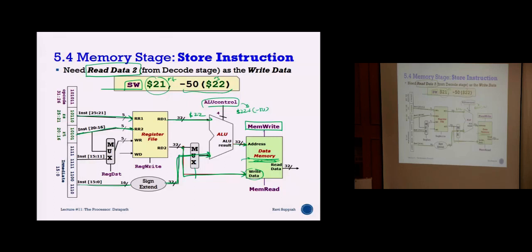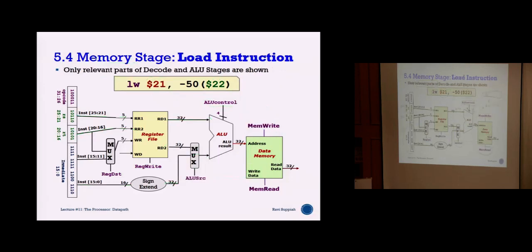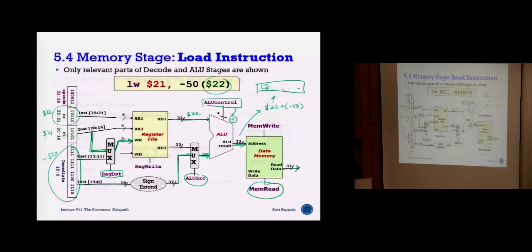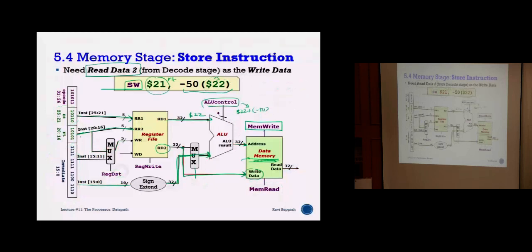And this data comes from where? This data comes from your register file, which is from 21. So when I do a store word, your RT is not channeled. In your load word, your RT is channeled here. But in my store word, my RT is not channeled here. So your multiplexer will still select, even if your register